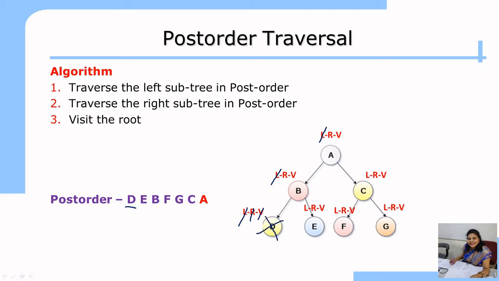After D you go to the B. Why? Because B is the child of the A, and a child is always connected to the parent. Next step is to go to the right side. So come here. Again, first the control comes here. Then first step is go to the left side. There is nothing at the left side of the E. Go to the right side. There is nothing at the right side of the E. Then visit the vertex. At this step you are going to write the E here.